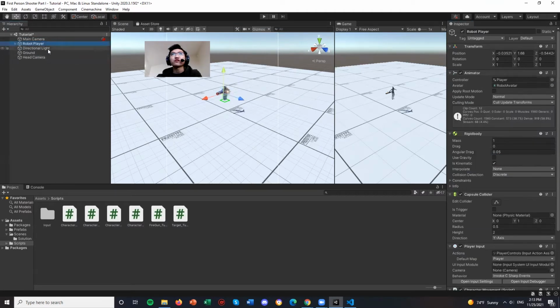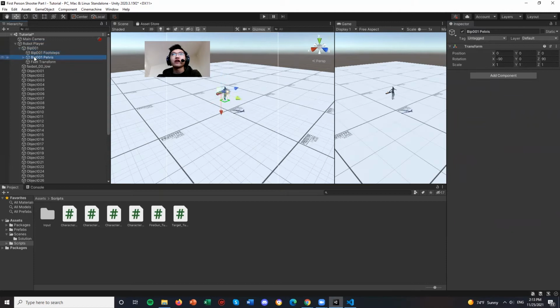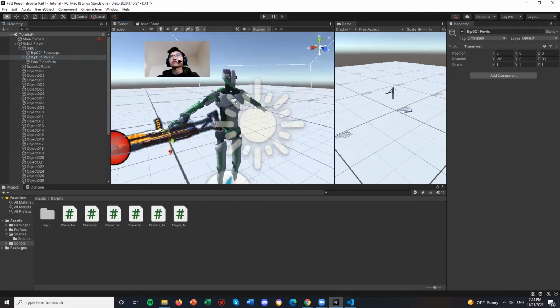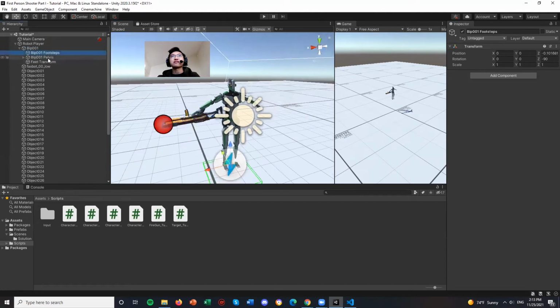So we're going to go under robot player, right? This is our model that we're using. We're going to go under BIP001. Everything under BIP is like the skeletal structure of the player. If we go here, we can see this is the pelvis area, and it consists of an entire hierarchy of all the bones in the player. We want to find the head, and it's in reverse order, where the pelvis is the parent of the spine, which is a parent of the neck,